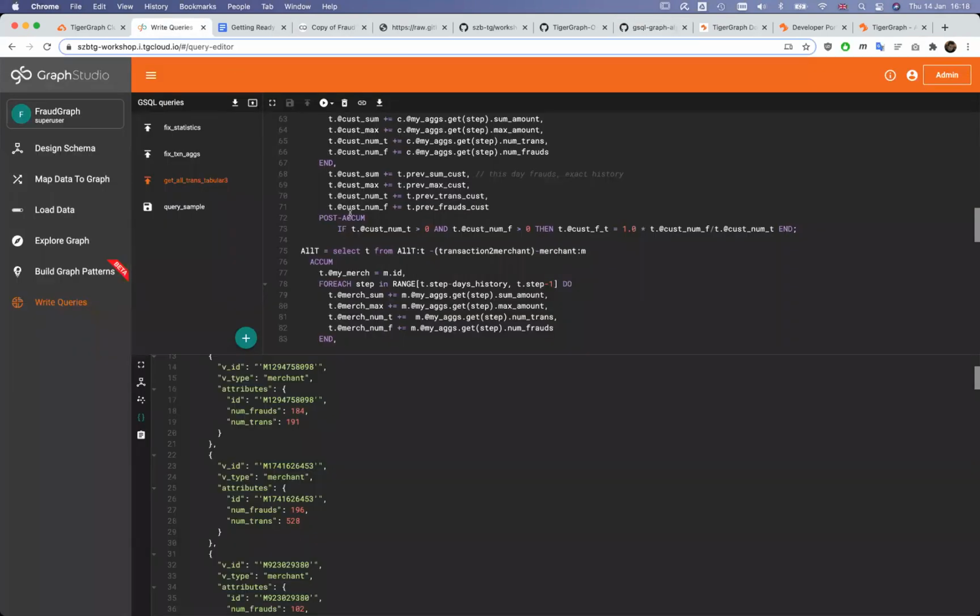Queries are typically developed here in Graph Studio, but you can use any developer text editor to write them. In fact, many of them already have support for GSQL code, like Vi, Atom, Microsoft Visual Studio. So there is already a good and growing support for developing GSQL code in your preferred environment. GSQL scripts developed this way, I mean, using an external editor, are typically executed by the command line utility. Let's have a quick look at that.